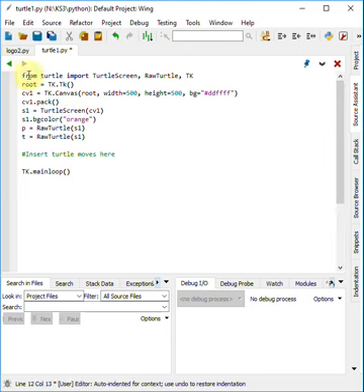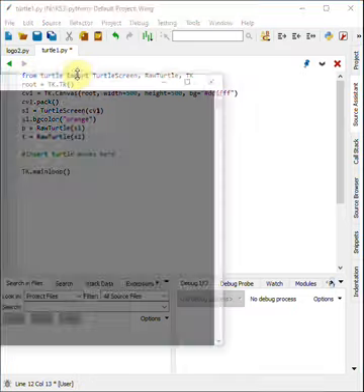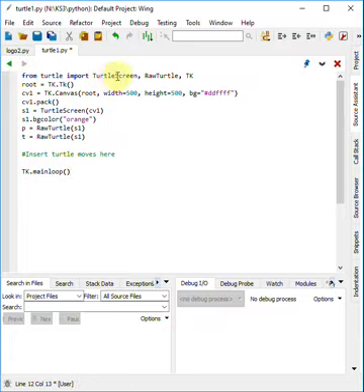And what you'll see is it starts off with from turtle import, turtle screen. You can see we've got something called camel case. Camel case is where the first letter of each word starts with a capital letter. All right, that is so that we don't have to have any unnecessary spaces in our script, in our text. Okay, so we've got turtle screen, capital T, capital S, raw turtle, capital R, capital T, and then TK at